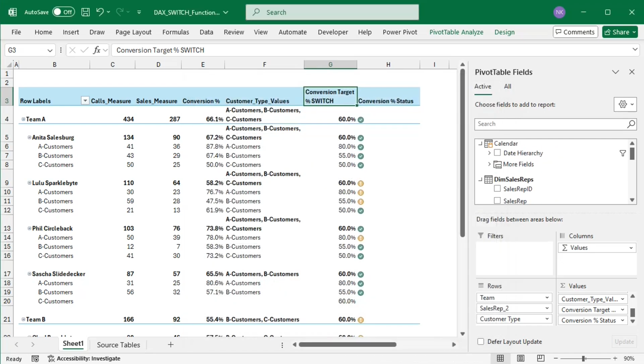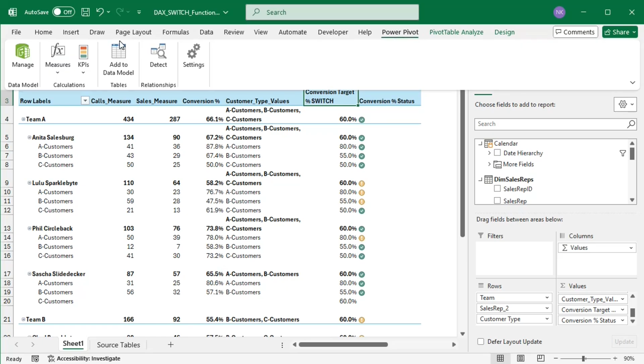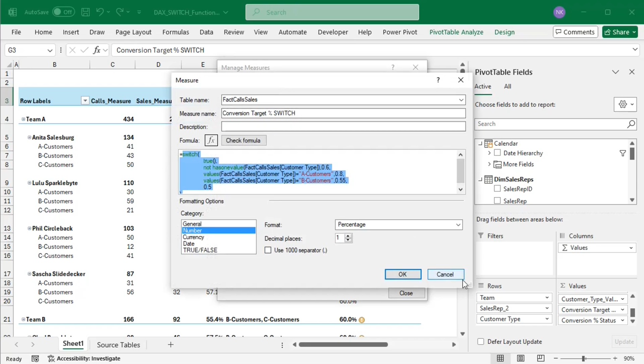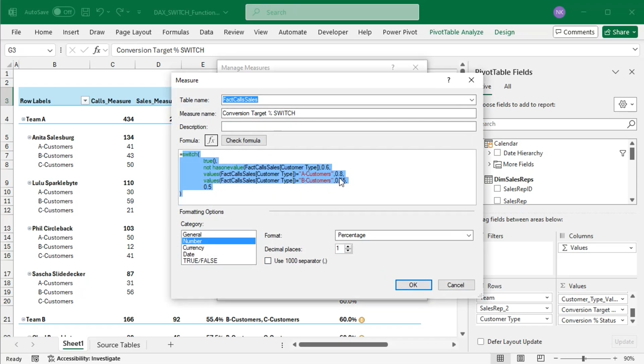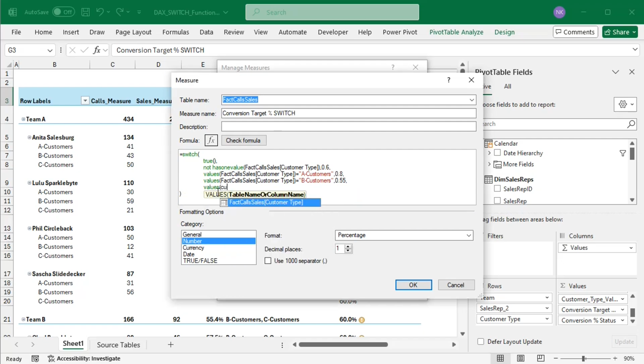But there is one more point to consider here. Not has one value of the customer type column will return true also when there was no entry for a customer type and there are no sales, calls, and therefore conversion. When used in a KPI, this was fine, but in a report, it creates an extra row. So in the target measure, I will need to bring back the condition for C customers so that the default value is blank,